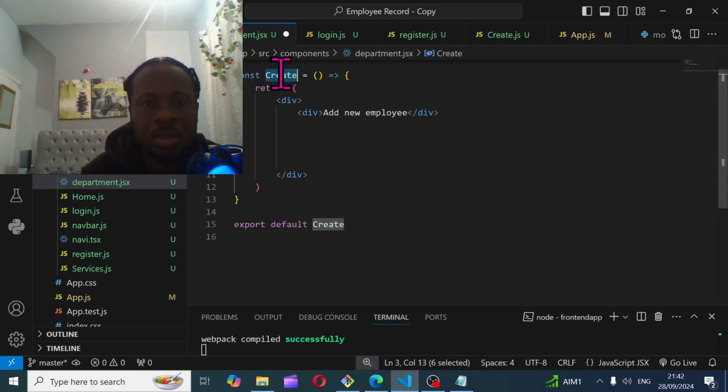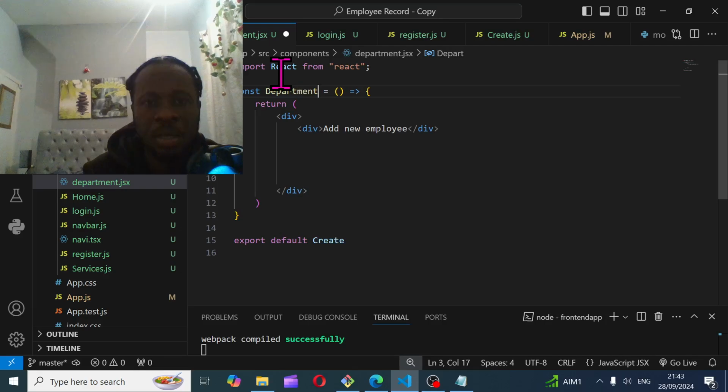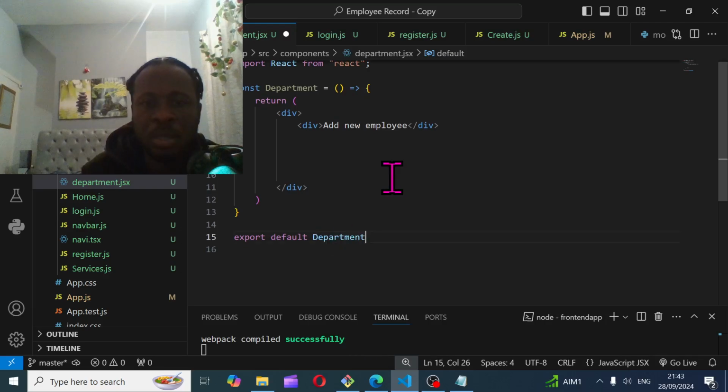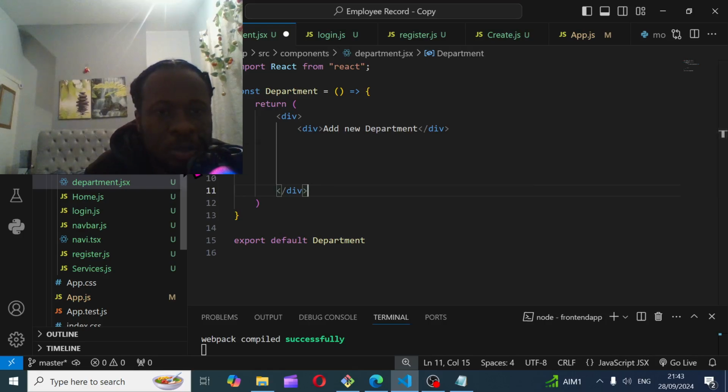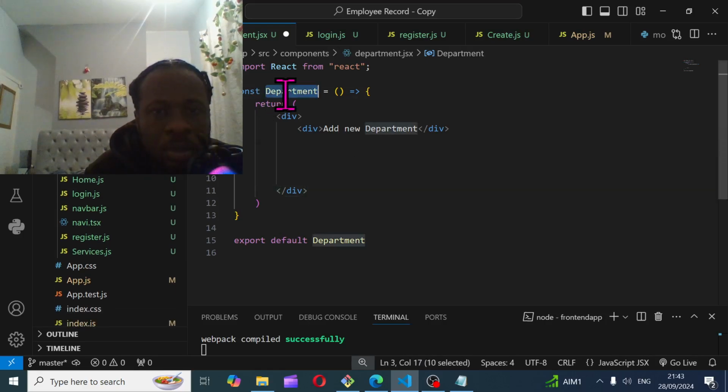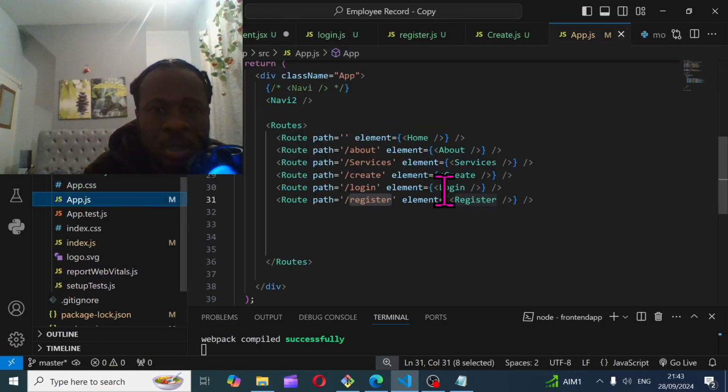I'm gonna call this department. It has to start with a capital. I'm gonna copy this and put it here. Department, add new departments, add new department. Now the next thing you need to do is copy this, go to your app.js to create the routes, and